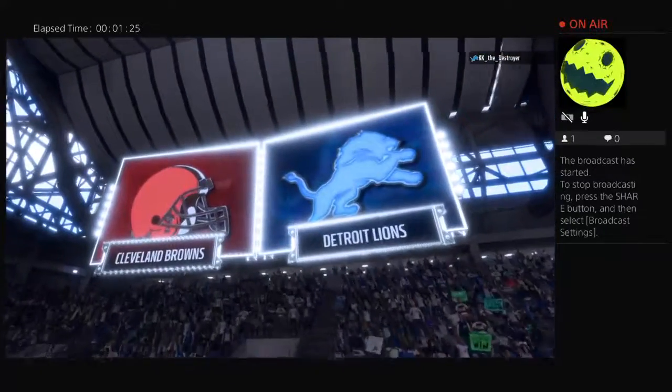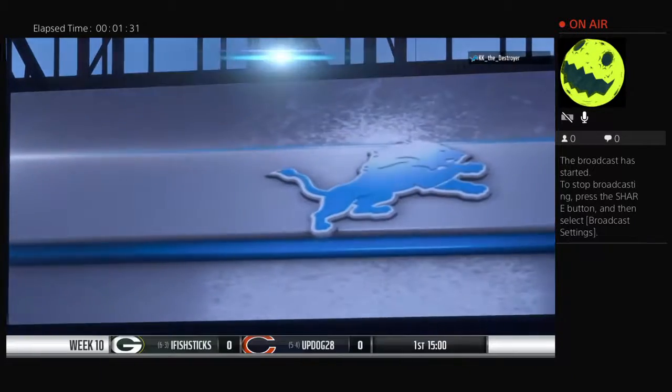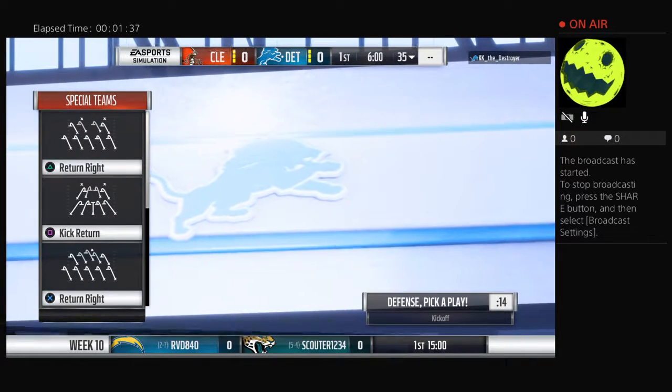Today's matchup features the top-scoring pass offense in the NFL. The Lions are top 10 in passing TDs, and they'll go against the Browns, who are very aware of what they'll be dealing with. All right, Larry, EA Sports coverage of the NFL sends us to the state of Michigan